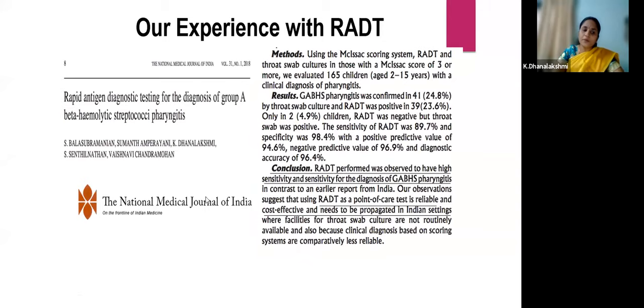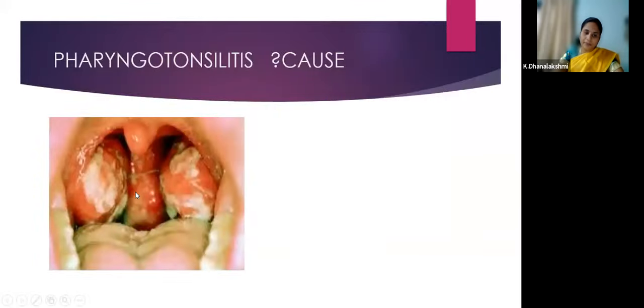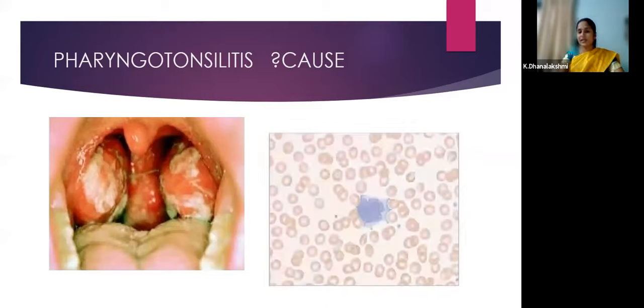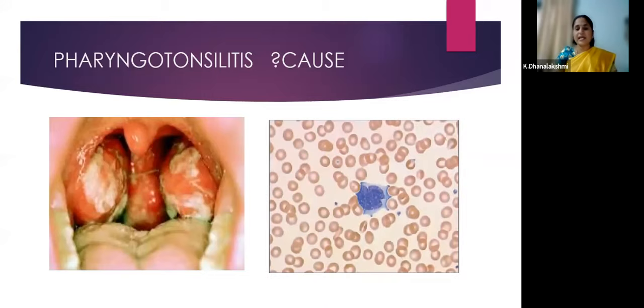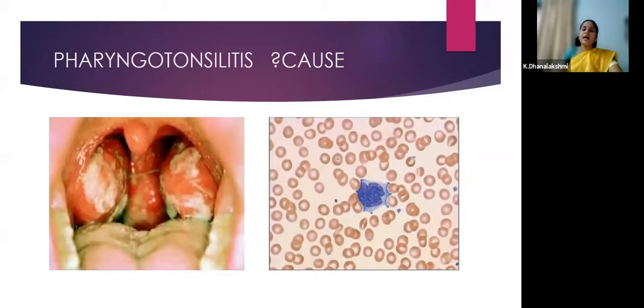So this is one more child. This is a 5-year-old child with bilateral tonsillar exudates, and the tonsils are so enlarged they are nearly touching the midline. This child was seen with fever of 3 days with mouth breathing and snoring. So we make a probable diagnosis of infectious mononucleosis by EBV, but how can we confirm it? Just order a peripheral smear. If you are able to see atypical lymphocytes, then your diagnosis is confirmed. You need not order a highly sophisticated test. So this again confirms the diagnosis.